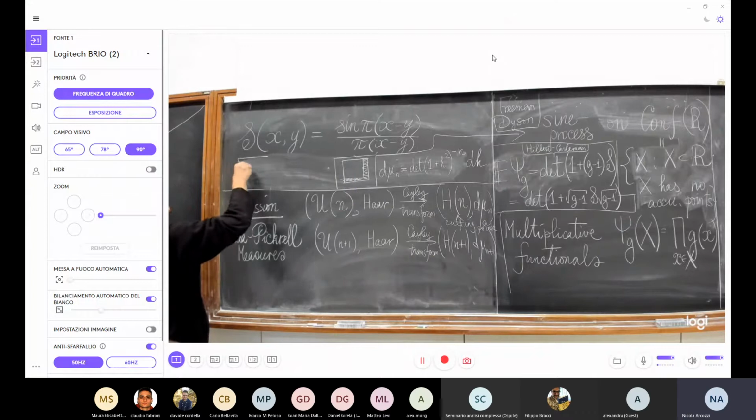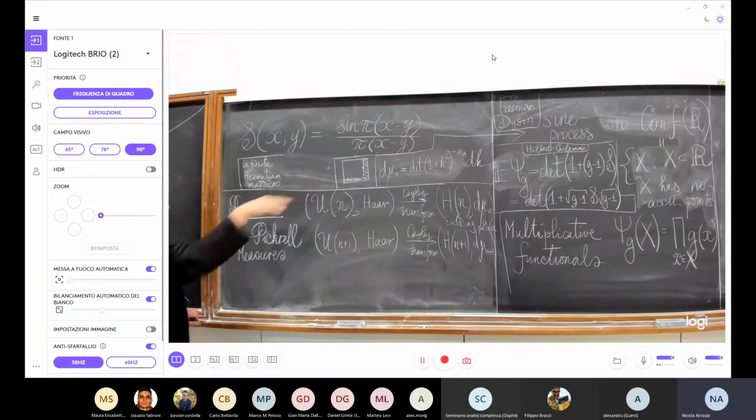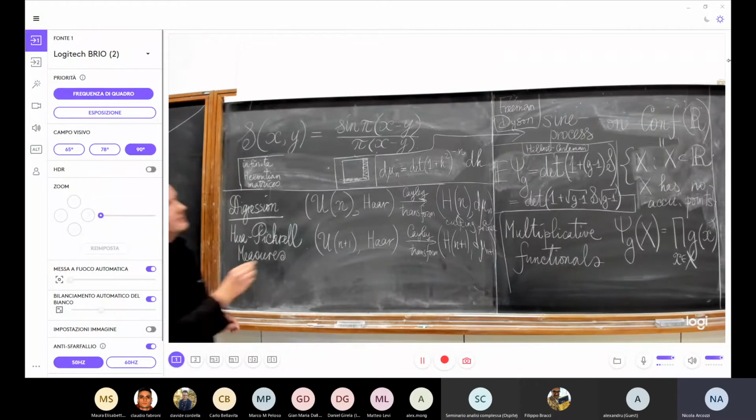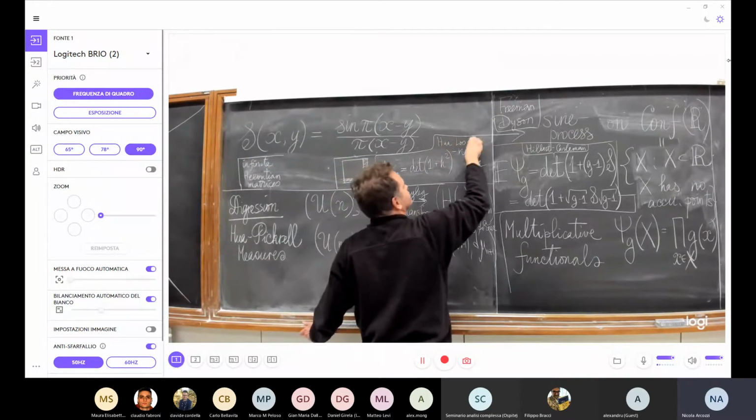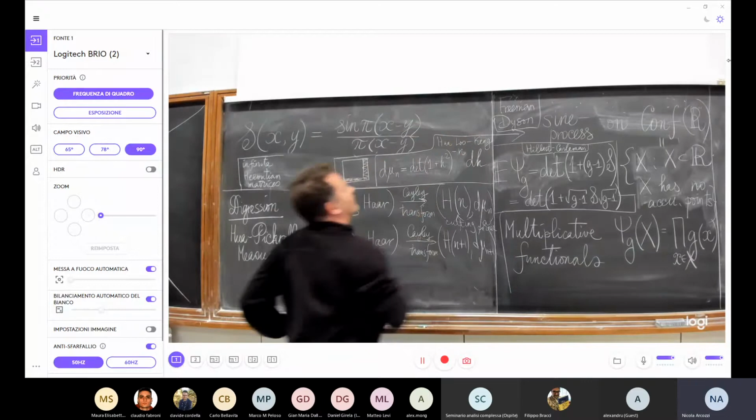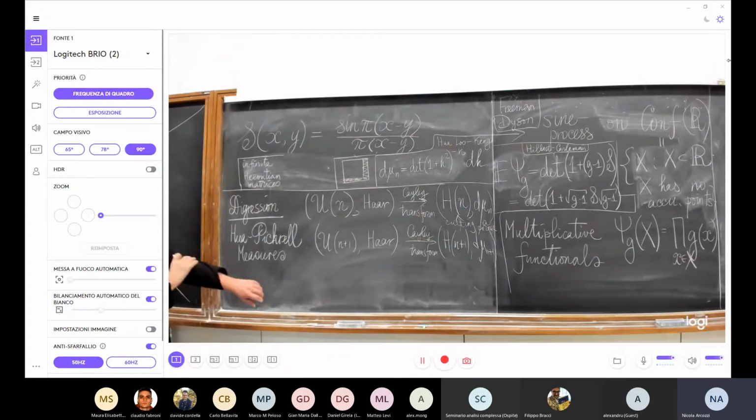Hermitian matrices, which is the projective limit of finite Hermitian matrices. And so the Polynomial measures are naturally lifted to this projective limit. And by the way, let me point out that they're called Polynomial measures because they were first considered and studied by Quaker. Okay, and then also by Pickrell.